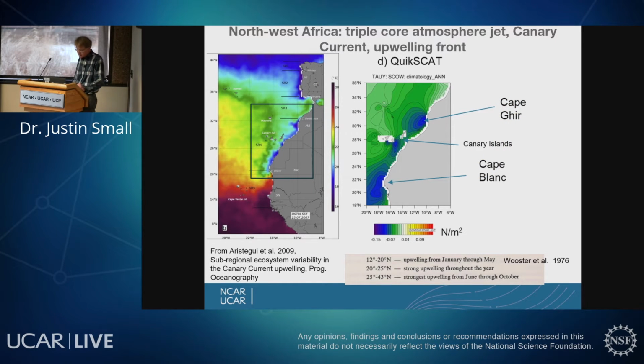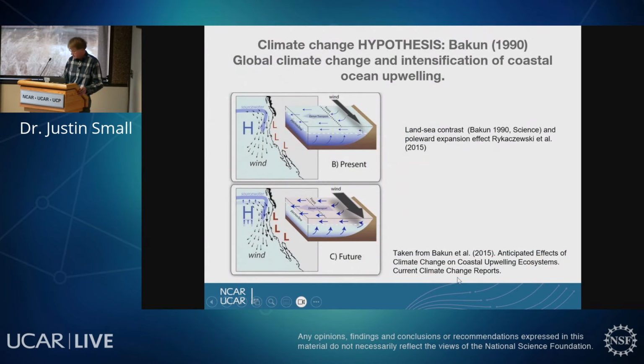Off Northwest Africa, it's maybe even more complex environment, but curiously, I think that the models do a bit better here. It's an interesting question, why? The image on the left is a sea surface temperature image from satellite, and you can see cold water off the coast of Northwest Africa. And then on the right here, I'm showing the annual mean wind stress, this tau y. And it's got 3 maxima. This is from satellite, of a cape here, Cape Ghir.